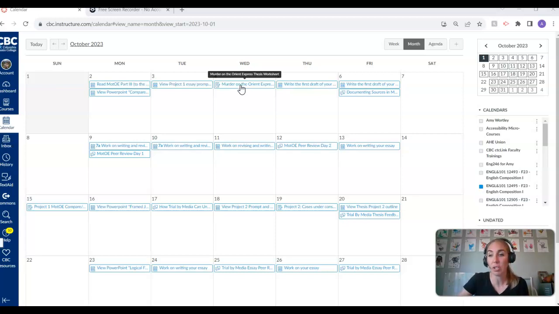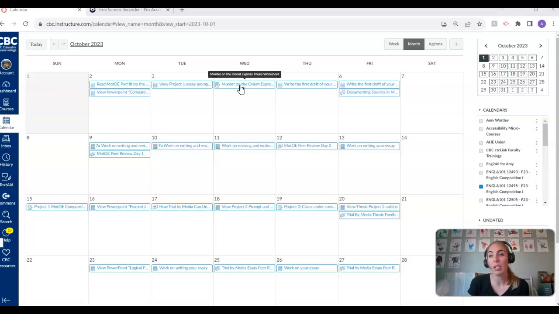Then we've got a thesis worksheet. This is a nice way to brainstorm and organize our thoughts before we put them together in a thesis, because the thesis, I would argue, is the hardest part of writing an essay because it has to carry such a big load. The thesis is like the framework, the groundwork of the essay. So you have to have something that's clear and concise, that makes an arguable statement, that engages the reader's attention. There's lots that has to happen in that thesis. So we've got a whole worksheet to get us there.